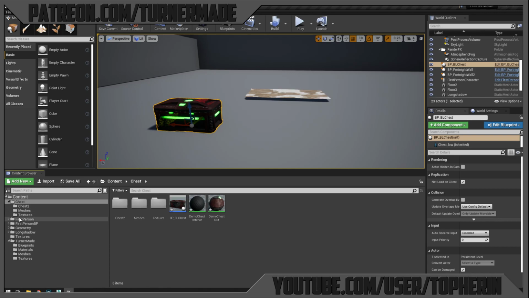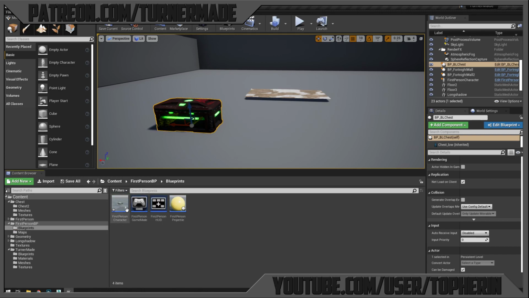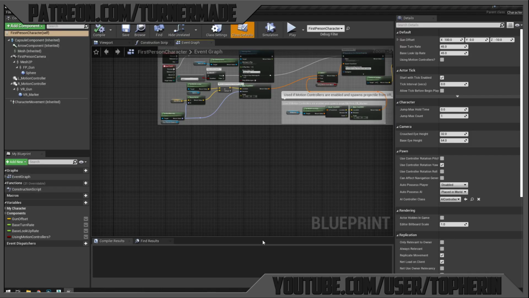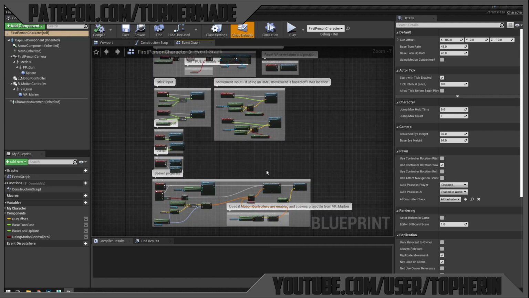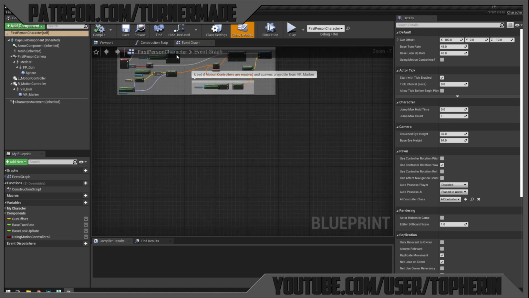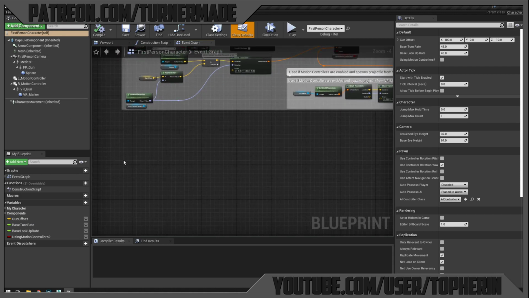The other thing that we need to blueprint is, I'm in the first person character here, so I'm going to go to first person blueprint. We're going to go to the blueprint and I'm going to open the first person character blueprint, which is this guy here. So this contains all of the things used for the first person character. And we're going to go and make our own down here,